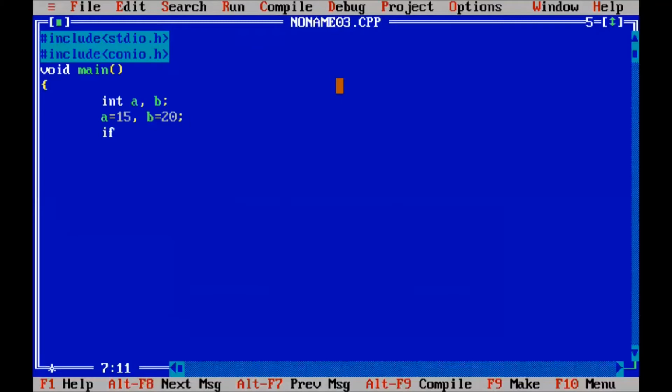Here we use if a greater than b. So we check a greater than b and print a message. We can write a message like "a is greater than b" so we understand clearly.